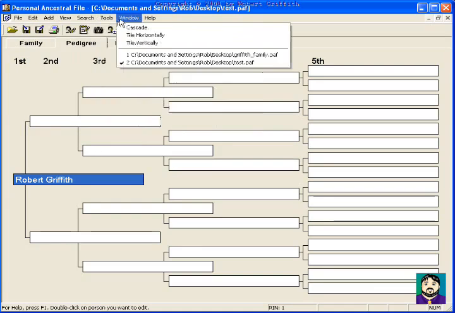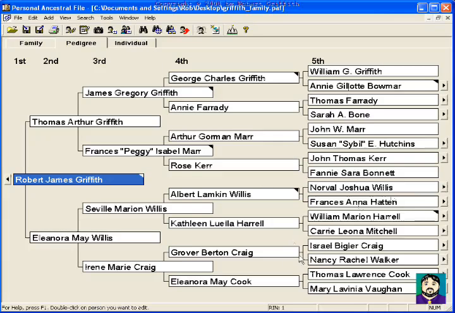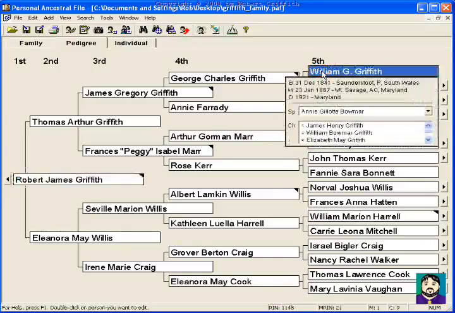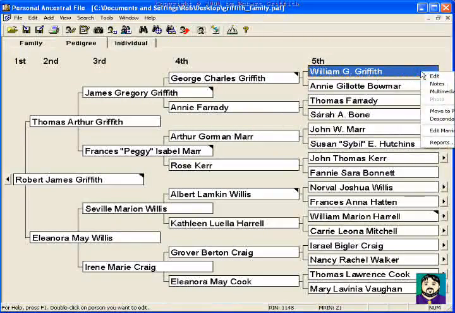I'll go more in depth on the programs in another tutorial. But you'll see that there are things here for doing a descendancy list, and I'm jumping over to my family tree here just to give you a demonstration. This is a full 5-generation chart, and if I was to go to, say, William Griffith here,